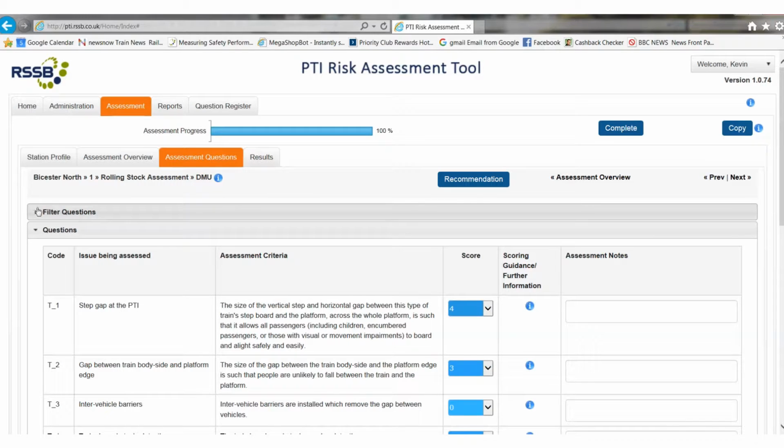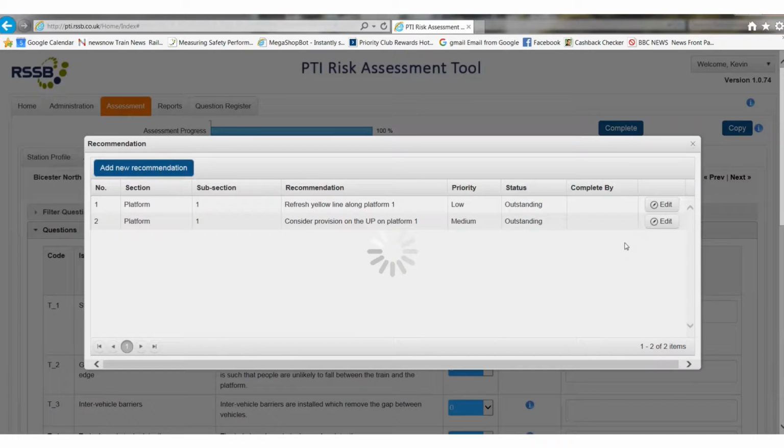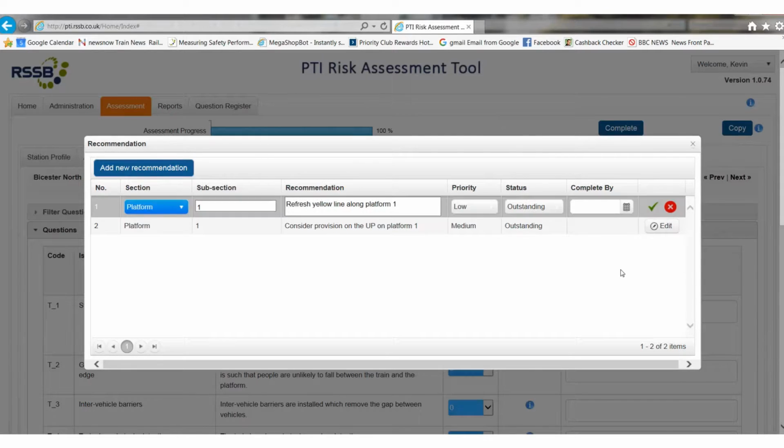And there's also the opportunity throughout the assessment to make recommendations. There's a recommendation button here. As you can see, we've already made 2 recommendations. These can be edited if we want to, so we could change it from outstanding to complete, for example, or reject where we wanted to,